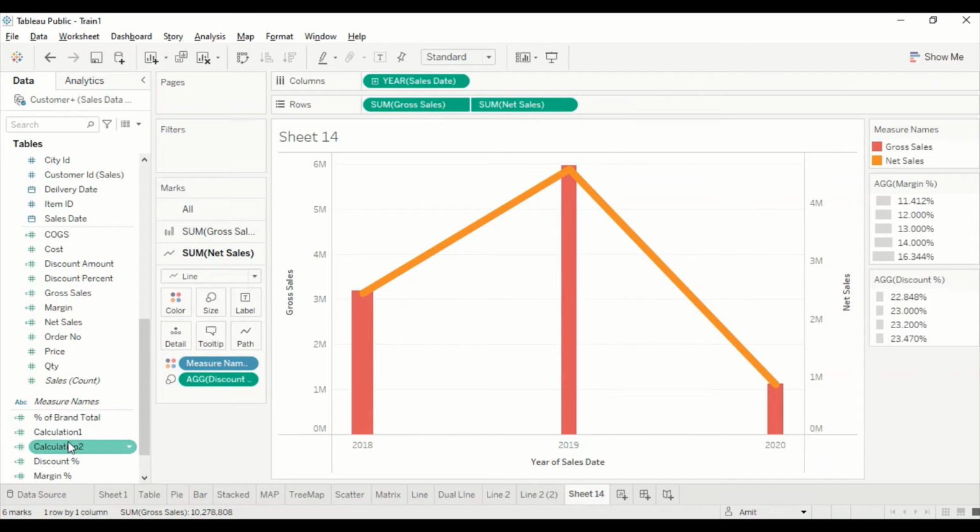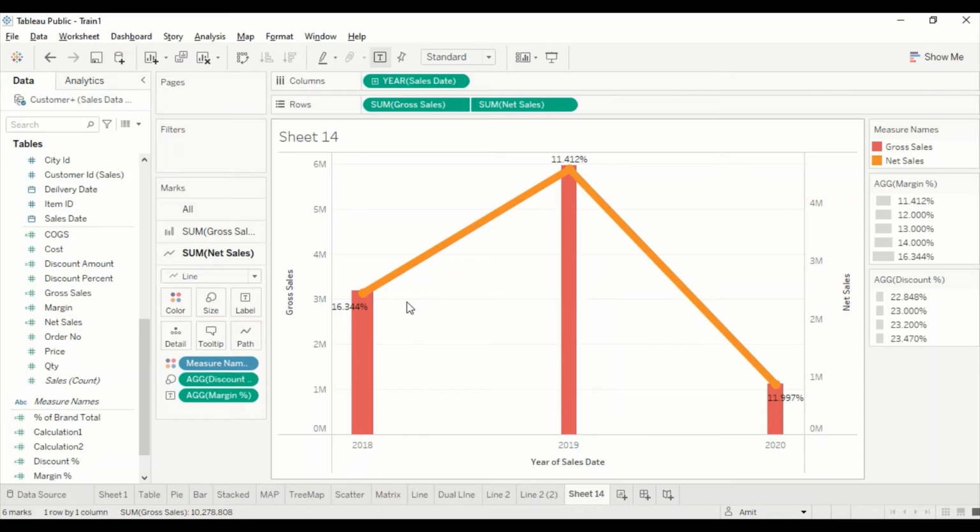And I don't want a label on both, but what I can do here is have a label on one of them, let's say margin, or I can have the label as cost, or as net or gross, whatever I want. So based on that, we can decide, and Tableau labels are pretty flexible, so we are not limited to only having labels of whatever we are using in the visual as a line or bar.